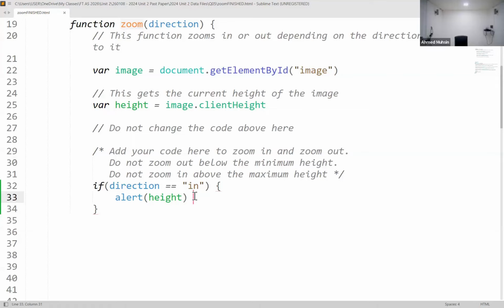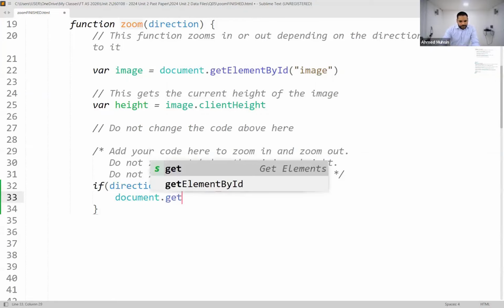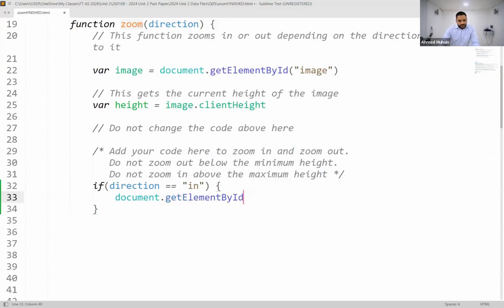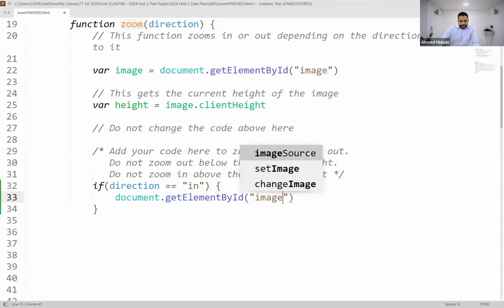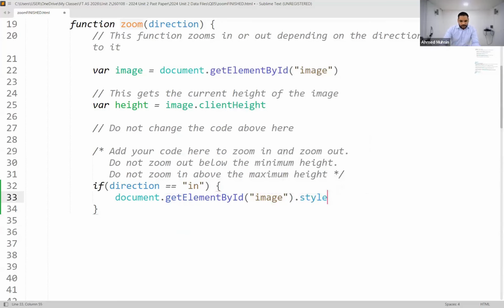So guys, when you're not sure about how something works, put an alert and see how it works. Now we saw how the height is working. Now guys, let me do something like this. If direction is equal to in, I want to access the image now. So document dot getElementById. What's the ID guys? Image. Is my spelling correct? Simple, I know. image dot style dot height is equal to